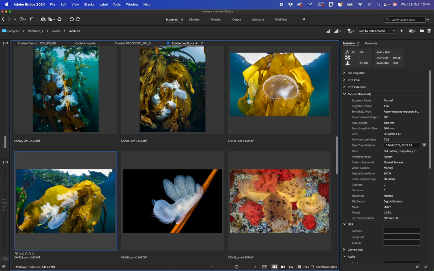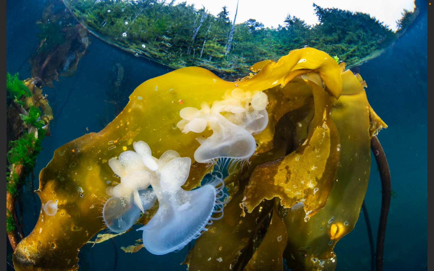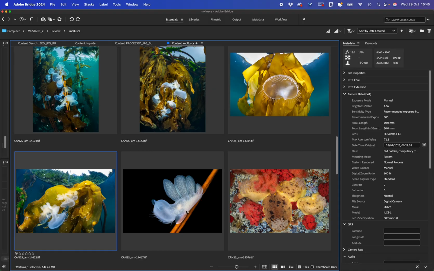I guess you could shoot... I haven't got a tripod, but you could shoot a series of shots and maybe have a sky that you could reduce down in an HDR like a landscape photographer would. But I mean, I'm not going to do that as an underwater photographer. I'm not making blended shots for that sort of thing. Anyway,